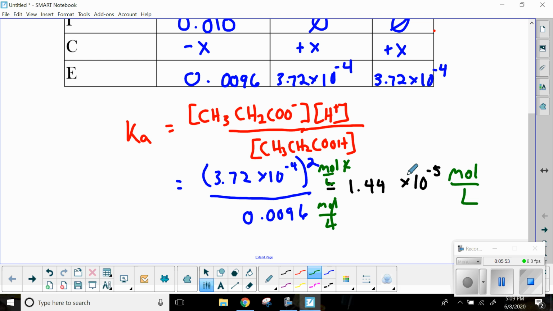And you could actually look up the Ka value for this on that chart I gave you or in your IB data booklet that's in the nuts and bolts folder, and you'll see that's a literature value for propanoic acid. Not that you know what propanoic acid is right now, just know it's a weak acid, and all of these weak organic acids are going to end up with an exponent that is around 10 to the negative fifth. All right, so here's the Ka example for